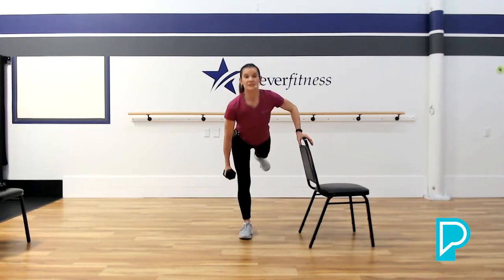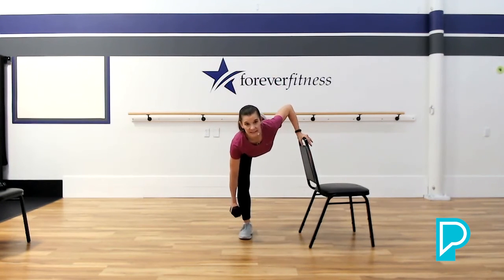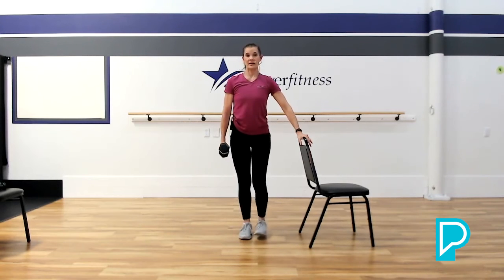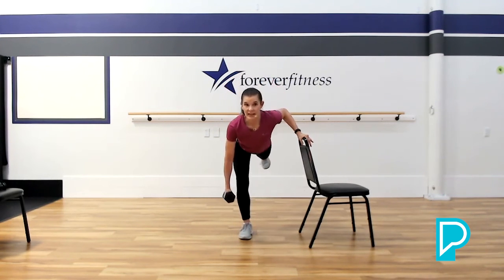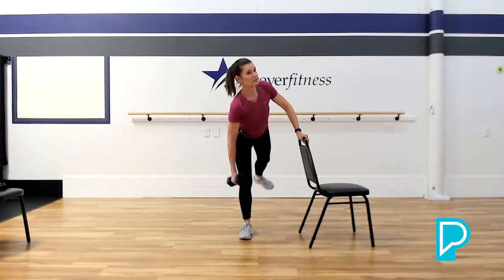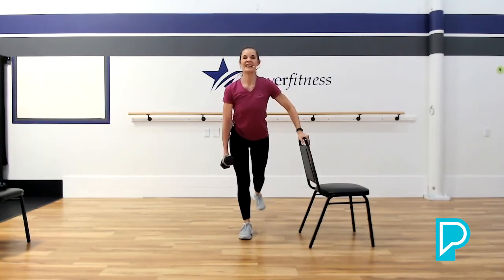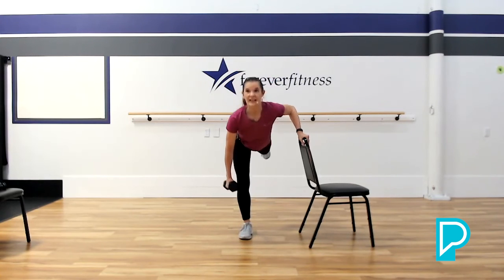2, just go down as far as you feel like you can. 3, all the way up. I'm trying to keep my hips and back level here. I'm going to show you what I don't want you to do. Don't tilt your back that way. Keep it all even. This is 6, up,